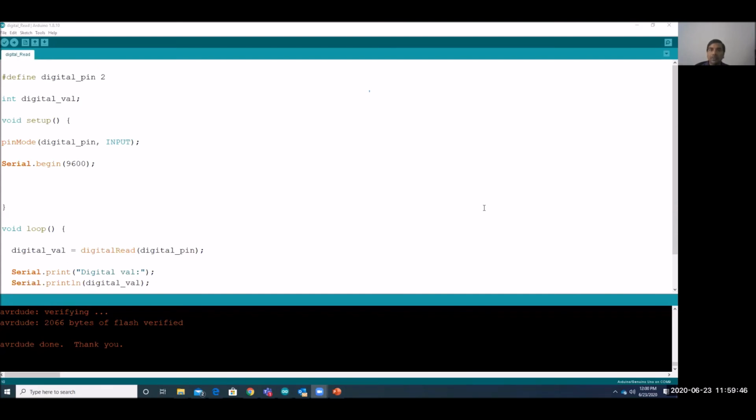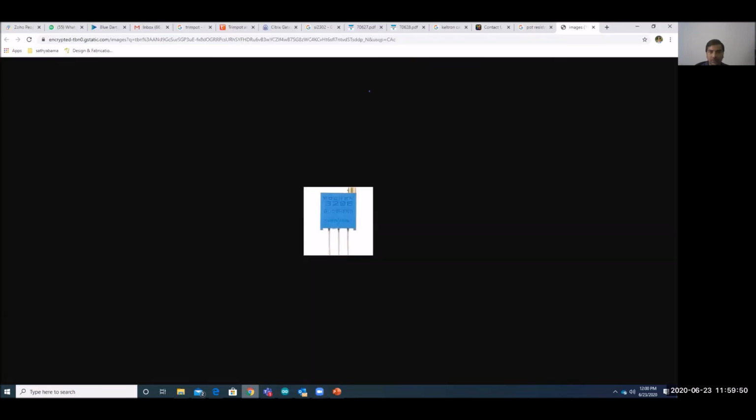Yeah, this photo I can show you here. I'll send it in the group. What an Arduino looks like you have already seen, and for the sensor I can show you in Google, and the pot I have already shown you over Google.